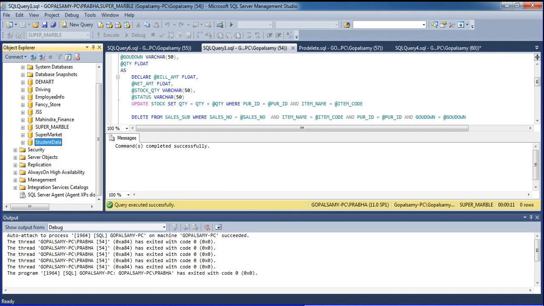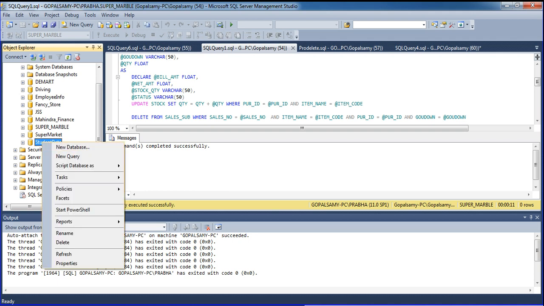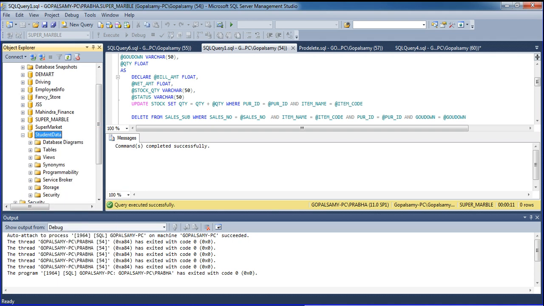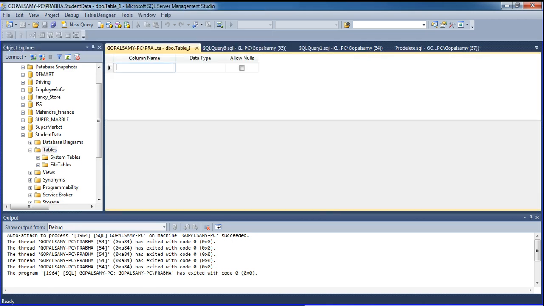Okay, so it will be created here. So I am going to right click. Here there is no data table available, so I have to create a new table. Okay, what does the table mean? See,